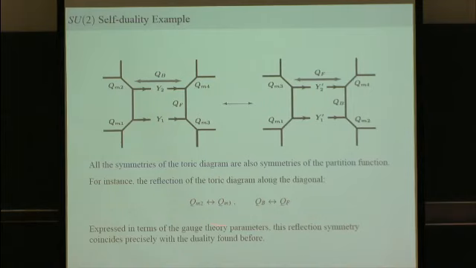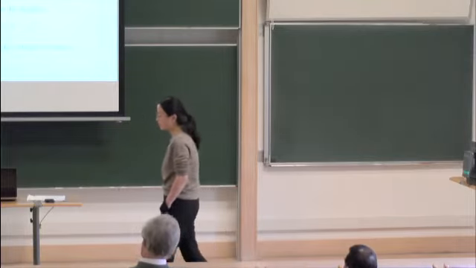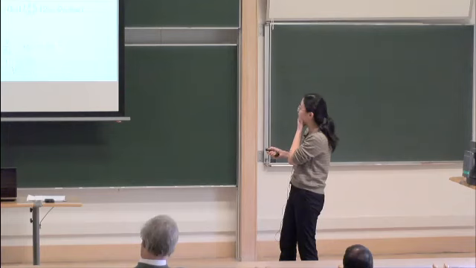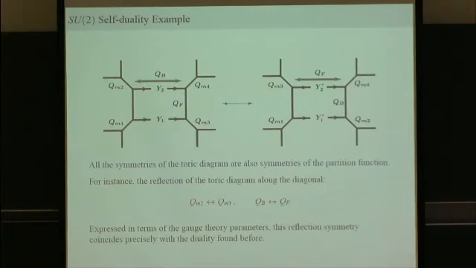For instance, I choose the reflection. So the QB is swapped with QF, and also the QM2 and the QM3 are exchanged like this. So now again, you can rewrite. So these are in the language of the topological vertex formalism. So using what we have found here, we can rewrite this duality in terms of the gauge theory parameters. And these correspond exactly to those that we found before, using the Seiberg-Witten curve. But now we have shown that these two theories really have identical partition functions.